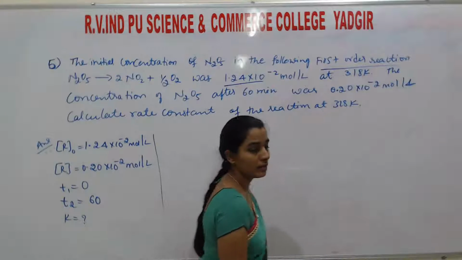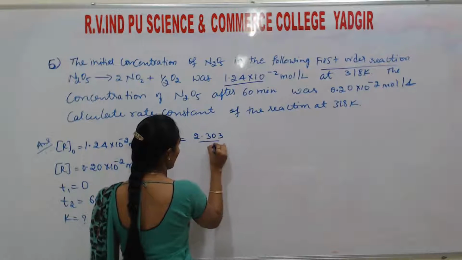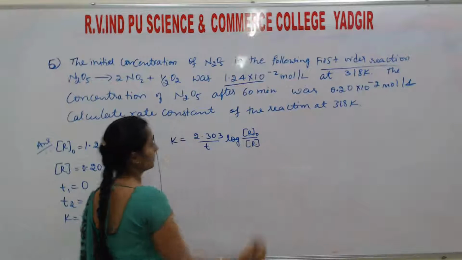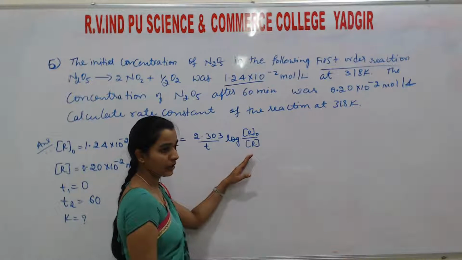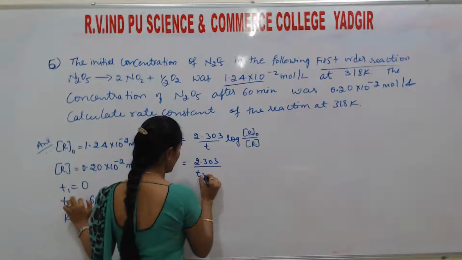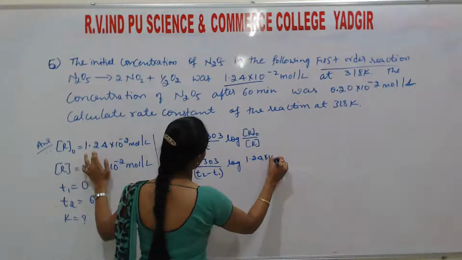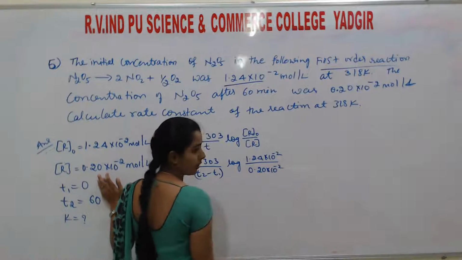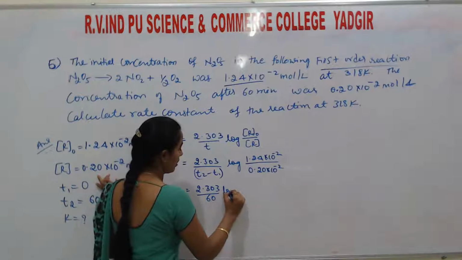Correct? The rate constant equation for a first order reaction is K is equal to 2.303 by T log of R0 by R. So here, 2.303 by T, that means T2 minus T1, log of R0 means 1.24 into 10 to the power of minus 2 divided by 0.20 into 10 to the power of minus 2. Correct? So that is 2.303 by 60 log of